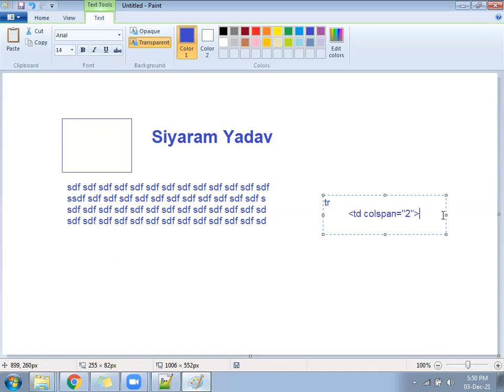And inside the TD, see the TD got closed here. Now TR also will get closed here. Complete code I have written. TR open, TD close, and here now you can write some text, ABCD. Right.